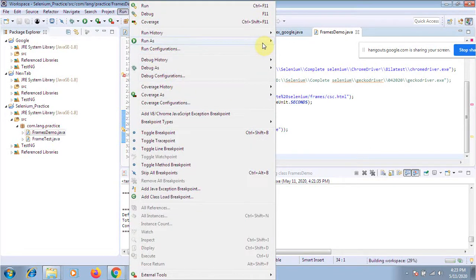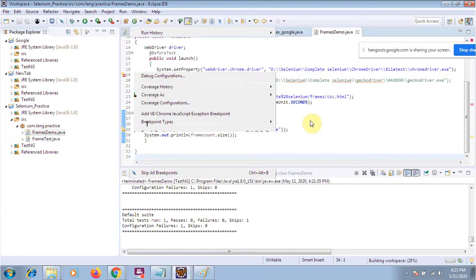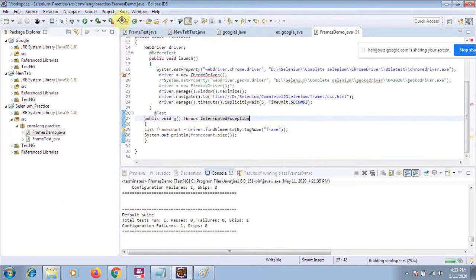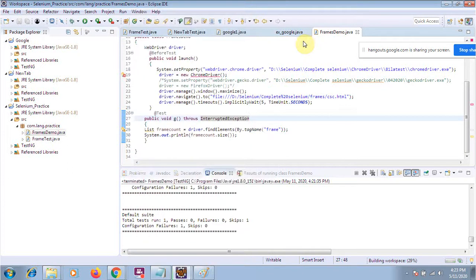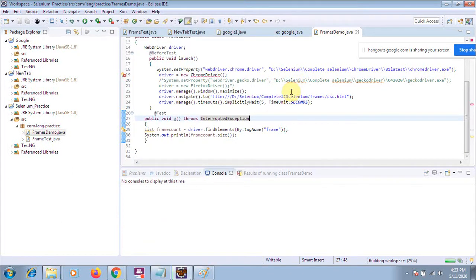Let me run this one. Technically, we have not imported the Chrome driver, I think.